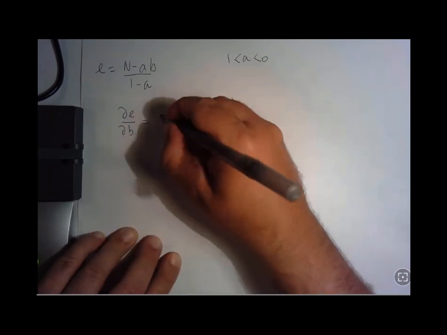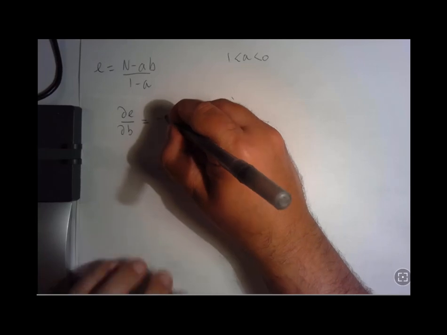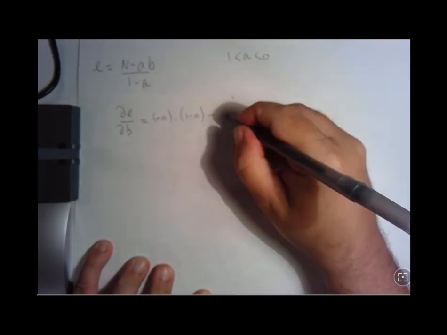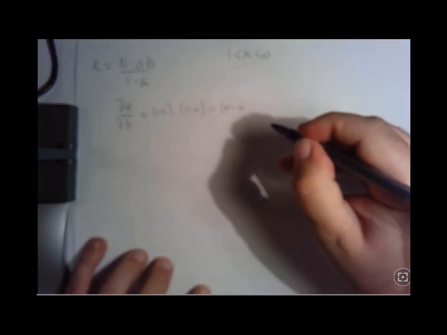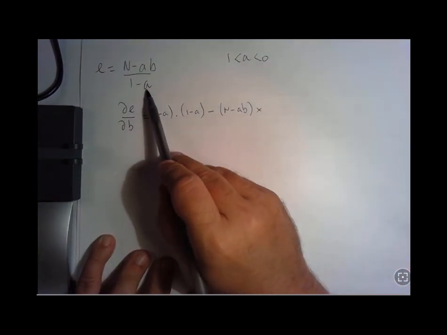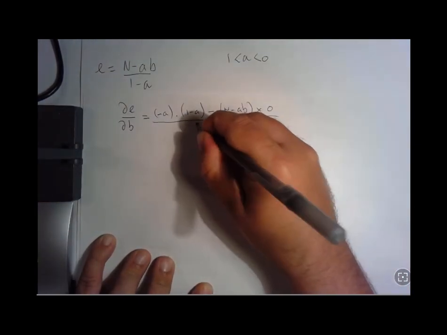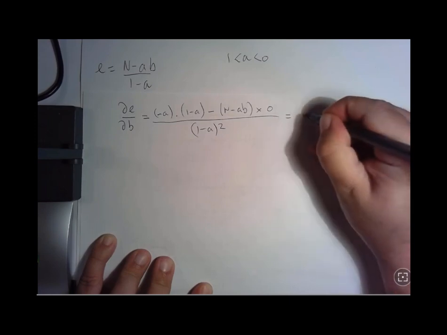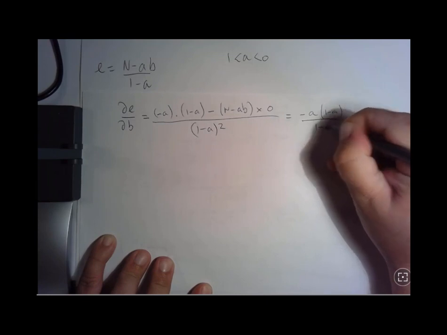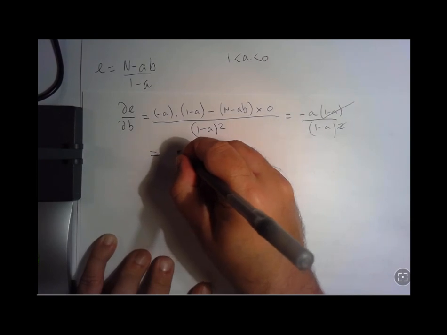Given that's the expression, again, the derivative of what is on the top with respect to B, in this case, is minus A, times what is on the bottom, minus what is on the top, times the derivative of what is on the bottom with respect to B. There is no B, so it's 0. Divided by (1 minus A) squared. So this reduces to minus A times (1 minus A) divided by (1 minus A) squared. This cancels with that, so you end up with minus A